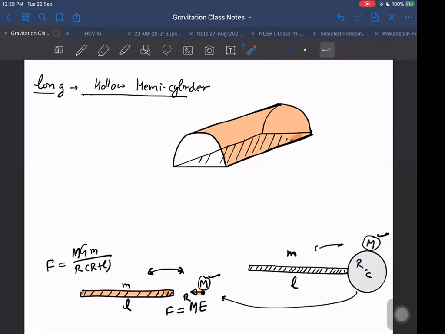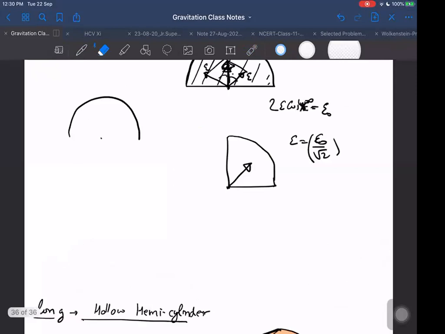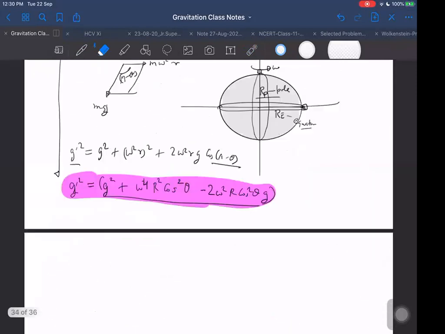In the numerator, what? R2 minus R1, that was lambda into R2 minus R1. That I converted into mass. Lambda is mass per length, and R2 minus R1 was the total length L. That was lambda into L, which is converted into M here. See, the formula was G m upon R1 R2. At last we got this. This only is the formula.